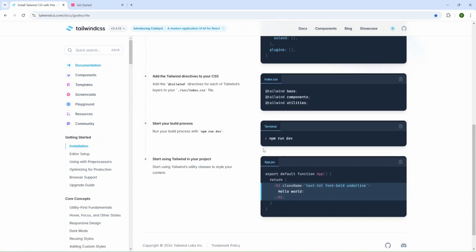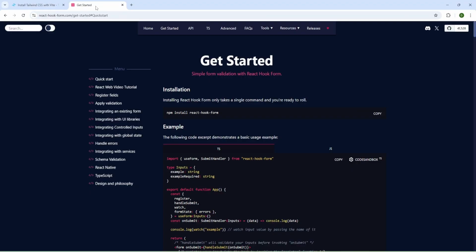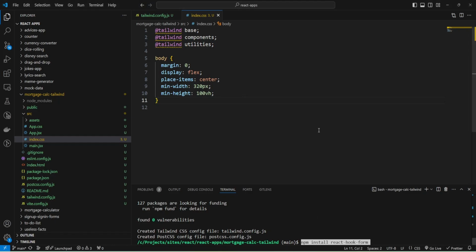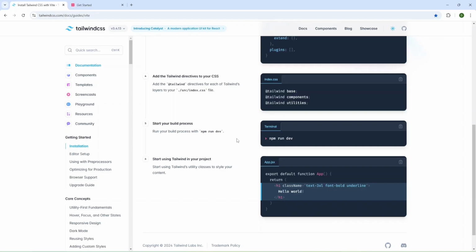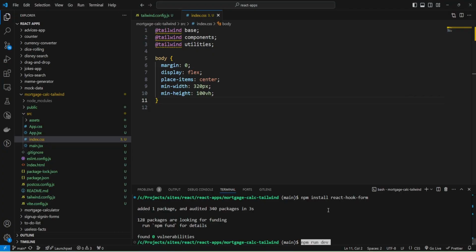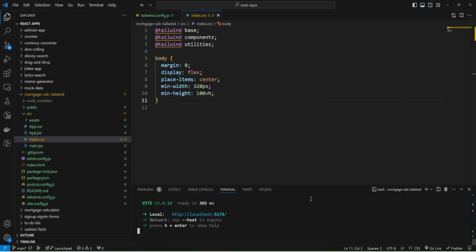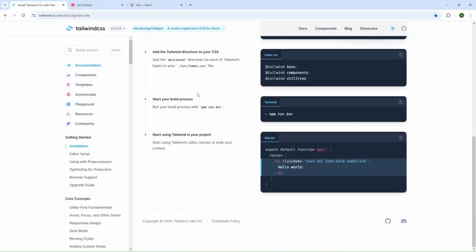And now I can run npm run dev, but I need one more package for React Hook Form, so I'll copy this package and add it to my project. And now we can run the dev server with the command npm run dev, and I'm going to do it and open it in the browser. And Tailwind docs suggest how to change the code, and I'm going to add this code